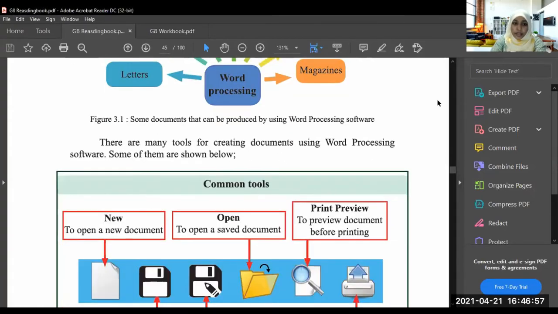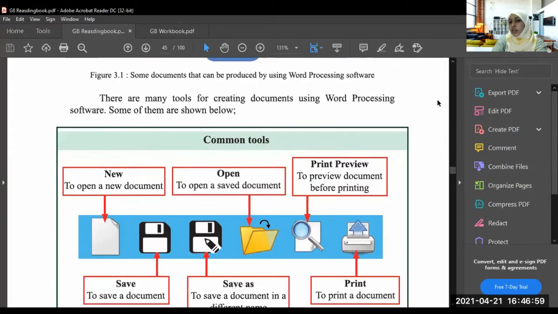Okay. There are many tools for creating documents using word processing software. If you have already learned in grade 7, word processing software is not only one software. There are many softwares to make documents, called word processing.